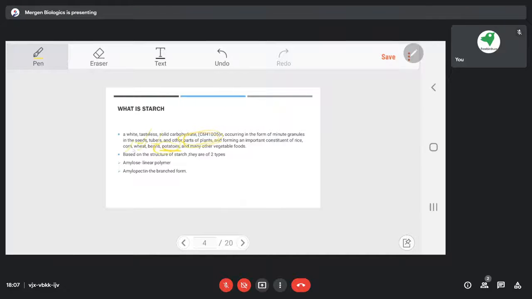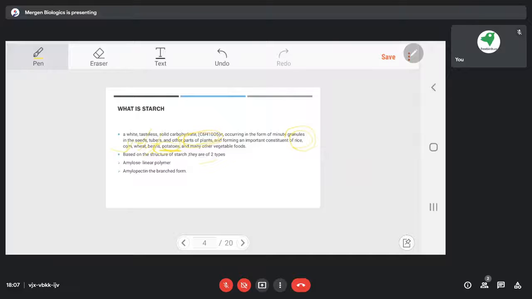I don't have corn or wheat at home right now, so I haven't used them, but I have shown you with rice. You can try it with the corn, wheat, beans, or anything that is available to you, and you can see whether it has a larger amount of starch in it or not. Now, starch is of two types based on its structure.